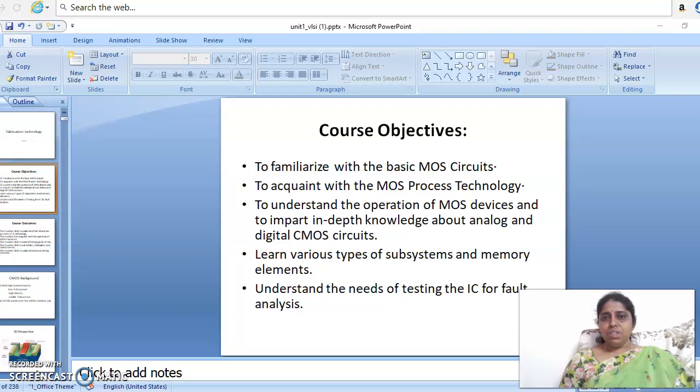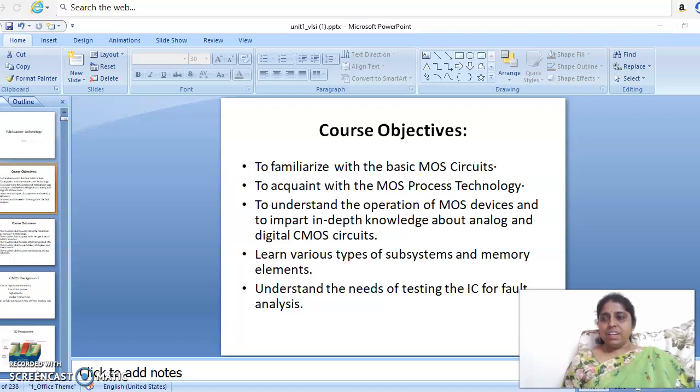So the first course objective is to familiarize with the basic MOS circuits. MOS stands for metal oxide semiconductor. So the basic knowledge of MOS circuits like PMOS, NMOS, CMOS, BiCMOS, all this will be understood by the student, and the basic circuit, the symbol, operation, characteristics, transfer characteristics, drain characteristics, fabrication steps straight from